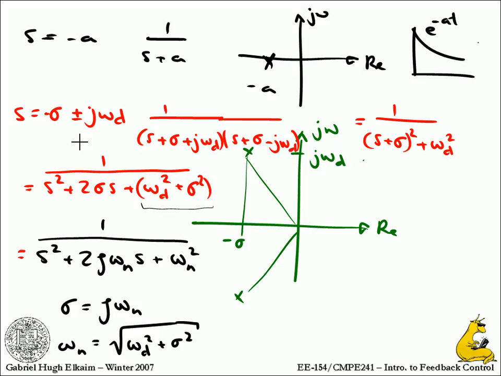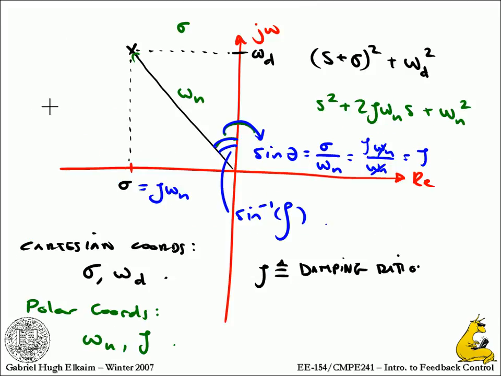Then we said, well, let's take just a single complex pair and work out what it looks like. We came up with two ways to represent it. There's Cartesian coordinates with a sigma and an omega d, and there are polar coordinates with an omega n and a zeta, which turns out to be the sine of the angle from the j omega axis to the line from the origin to the pole. In Cartesian coordinates it is s plus sigma squared plus omega d squared, or s squared plus 2 zeta omega n s plus omega n squared. These are equivalent, so I can write down that sigma is equal to zeta omega n,